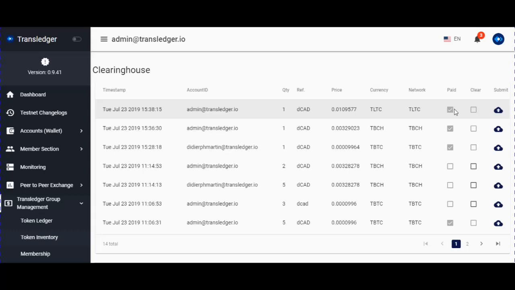In the case of Bitcoin, as soon as we have 6 confirmations, it is considered as paid. So we get this event, notice on this list that it is paid, and it will trigger an action to automatically transfer to the user account the number of tokens that they bought.